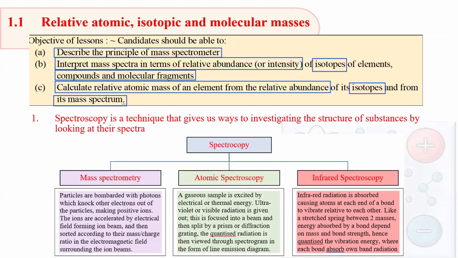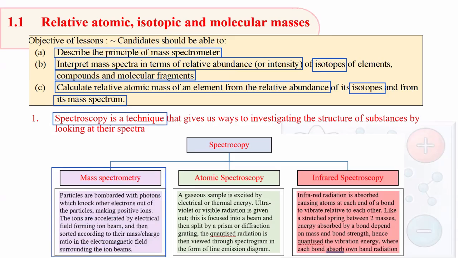Alright, so as we go to higher levels, you tend to learn some of this technique of analysis, and spectroscopy is one of them. So what is a spectroscopy? A spectroscopy is a technique that gives us ways to investigate the structure of the substance by looking at their spectra. So there are 3 spectroscopy that is used commonly nowadays in research, namely a mass spectroscopy,